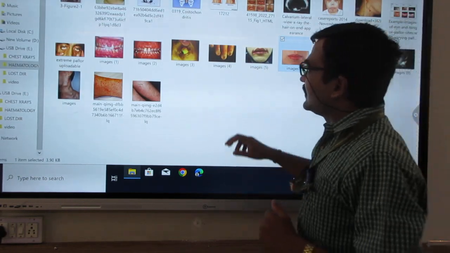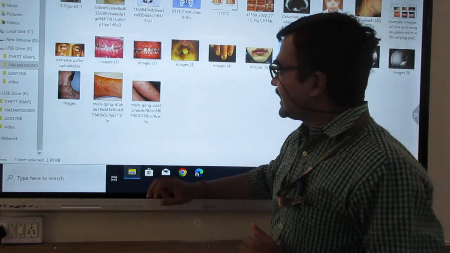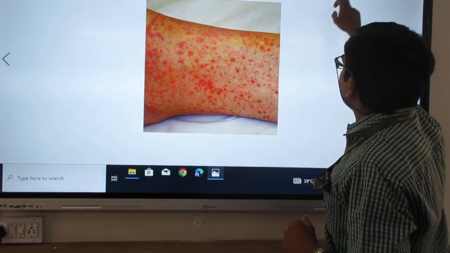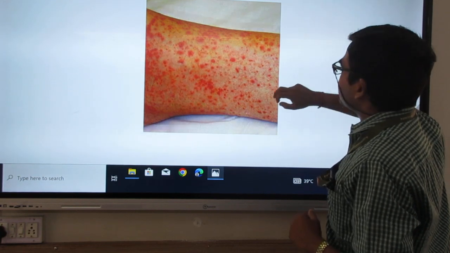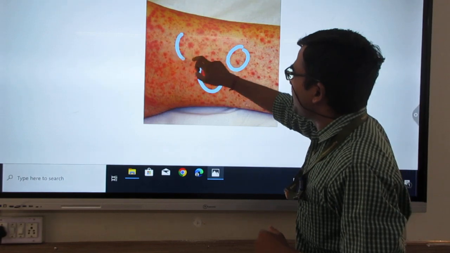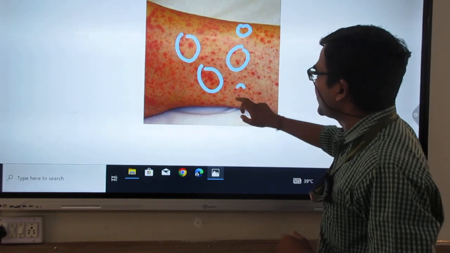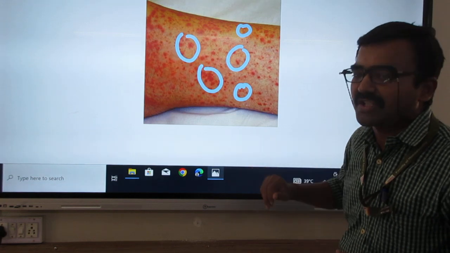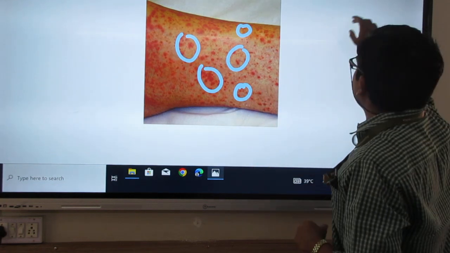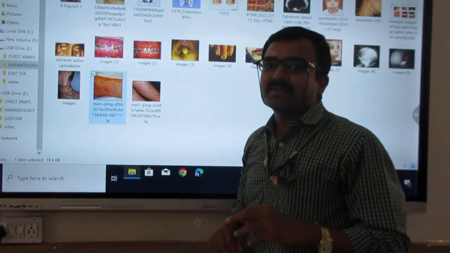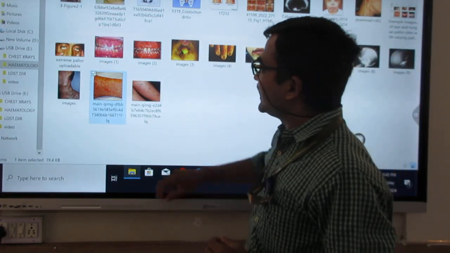One more sign of hematological diseases, as I told you, is petechial and purpuric hemorrhage. Here you can see many small petechial hemorrhages, pinhead sized hemorrhages. These are all petechial rashes. It indicates thrombocytopenia. One more sign that you can get in hematological diseases is called